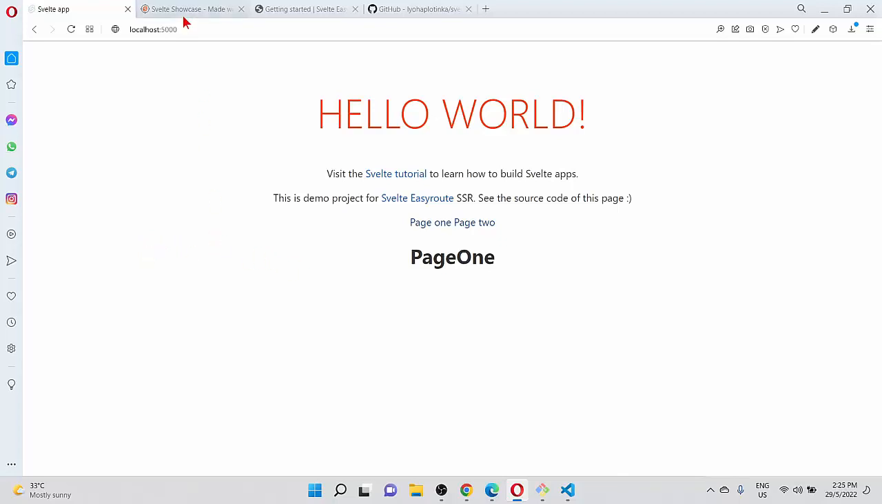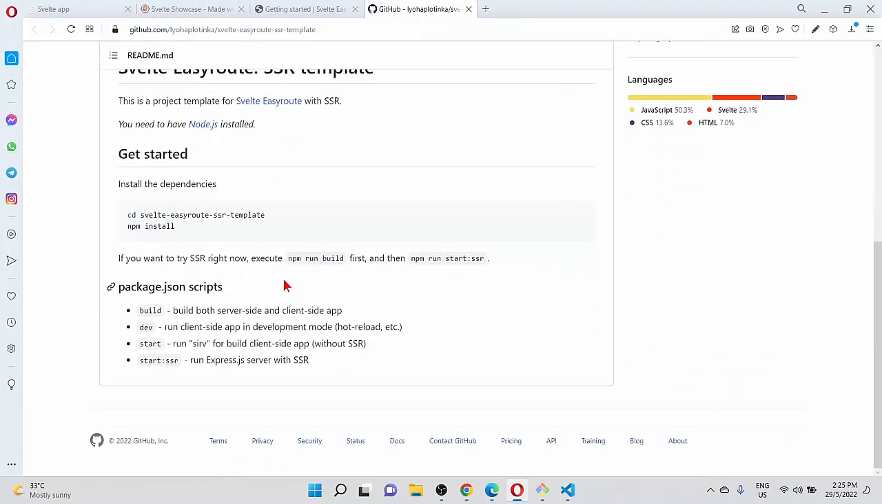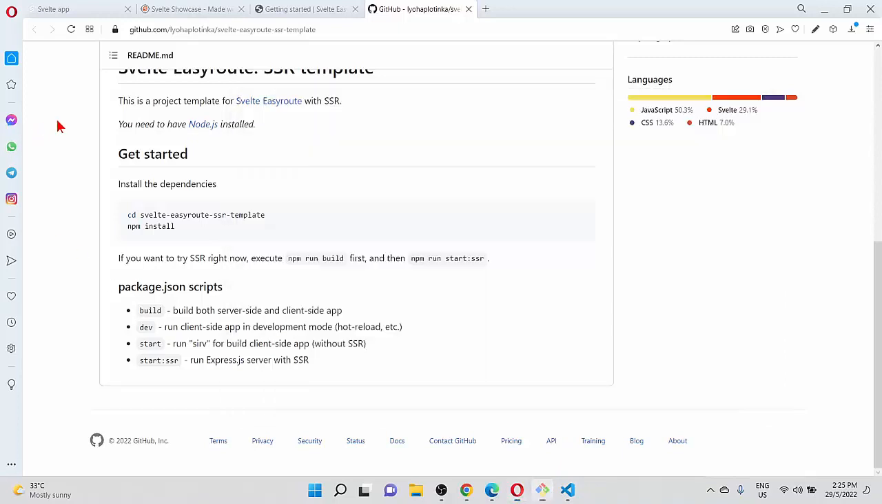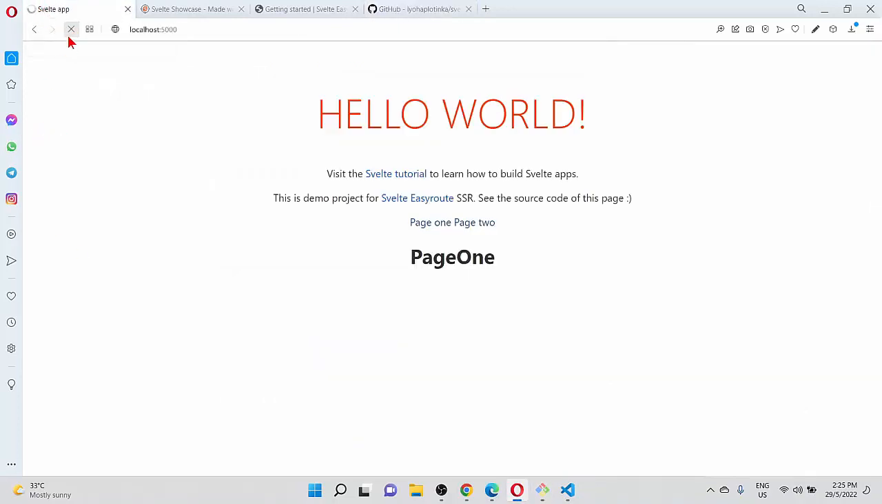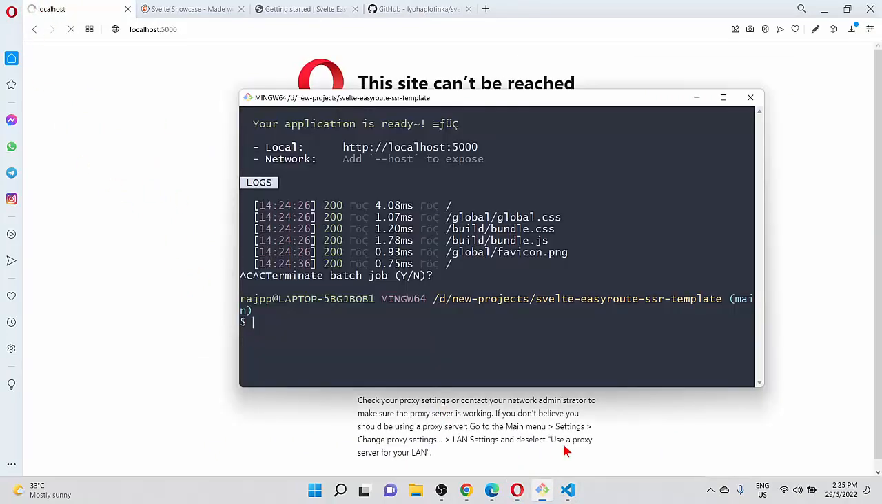So how do you go to SSR? You can look here. What they are trying to say is npm run build first and then npm run start SSR. So let's do that. Let me close this, and then if I do a refresh, it's gone. The serving is gone, right? Because the localhost cannot be reached. So now what we are going to do is